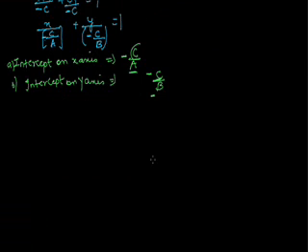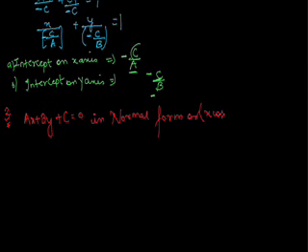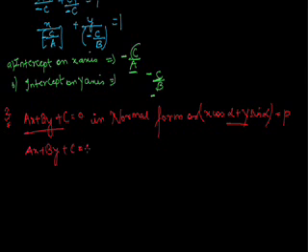Okay, now we'll be moving ahead. Third is transformation of ax plus by plus c equals 0 into the normal form, or x cos alpha plus y sin alpha equals p. I have to change this equation into this. How will I do it? First we know that ax plus by plus c equals 0. Also x cos alpha plus y sin alpha minus p equals 0.